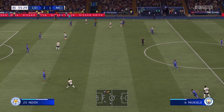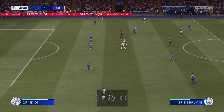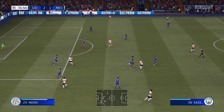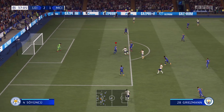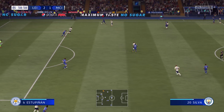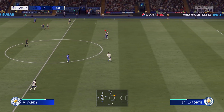And it's just all Manchester City on the ball. It's Maqwell. He brings this to Rodri. Rodri gets this one to De Bruyne. De Bruyne waiting for someone to run into a channel as he just waits patiently, brings it to Saul. Now to Griezmann. It's blocked the first time. Griezmann gets another shot, but it's a soft shot and an easy save. And just moments later, it's Estupinian just throwing up a Hail Mary, and it finds the chest of Jamie Vardy